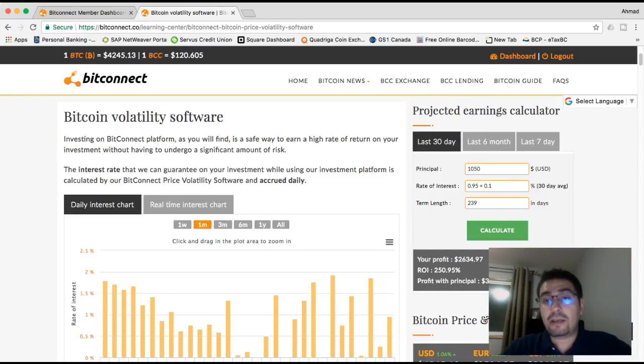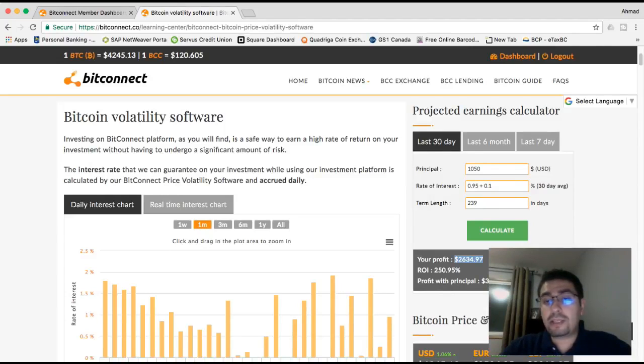Now the interest rate gives you an average for a whole 30-day average, plus the fixed rate of 0.1 based on this investment amount, and the term length is 239. Now, the amount your total profit would be for this amount after 239 days, 8 months,